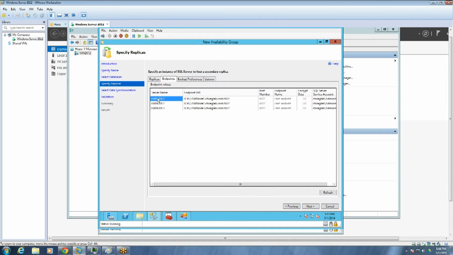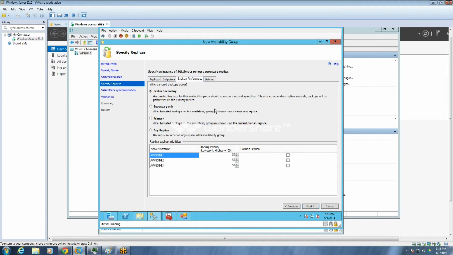If I have a named instance, then we will have server name slash named instance name, and we could have any port, 5023 or whatever we have set up. These are the endpoints which will be set up.